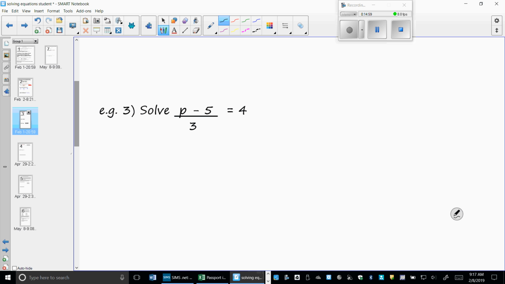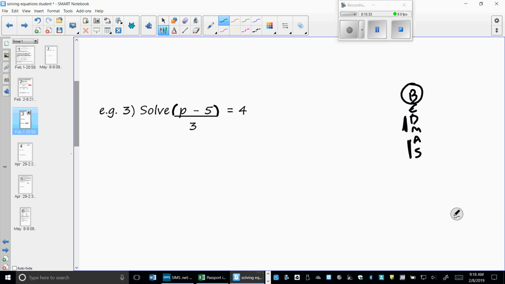Now, here we've got p minus 5 all divided by 3. Now, listen to the way I said that. P subtract 5 all divided by 3. So secretly, it means that there was a secret bracket around it, wasn't it? Do you remember that when we had those ones? So if we were doing our maths backwards, we need to deal with that bracket last, okay? So we need to deal with any additions and subtractions and divisions and multiplications before we touch